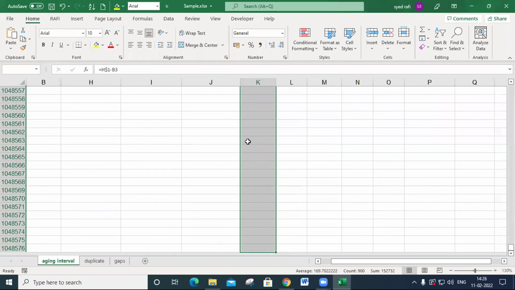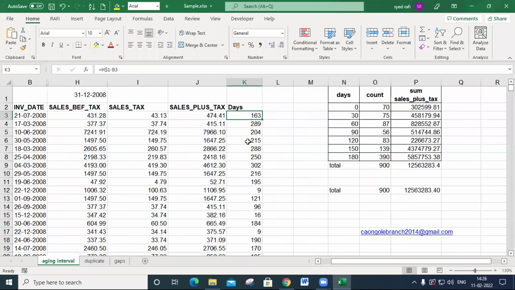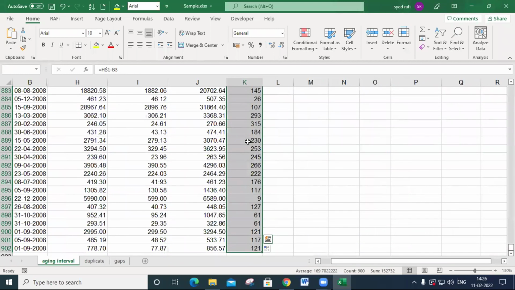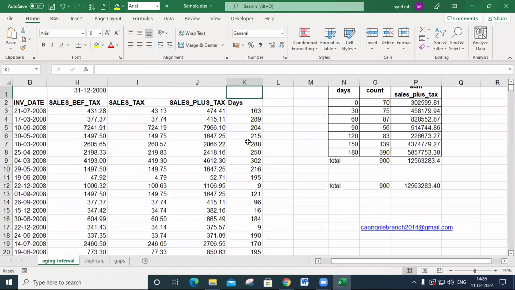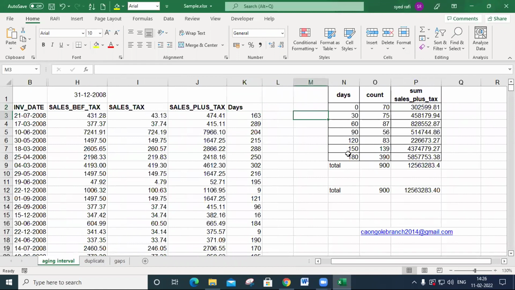Okay, sir. Okay. Thank you, sir. Thank you. Okay. So you must press Control Shift only one time the down arrow. If you press the down arrow again, it will reach the end of the sheet. Okay. So this is what we calculated. And one more thing, by using VLOOKUP, we can solve this easily. So we can't discuss the VLOOKUP now. That's why after completing the VLOOKUP, we will discuss this again. Okay, I hope you can understand.